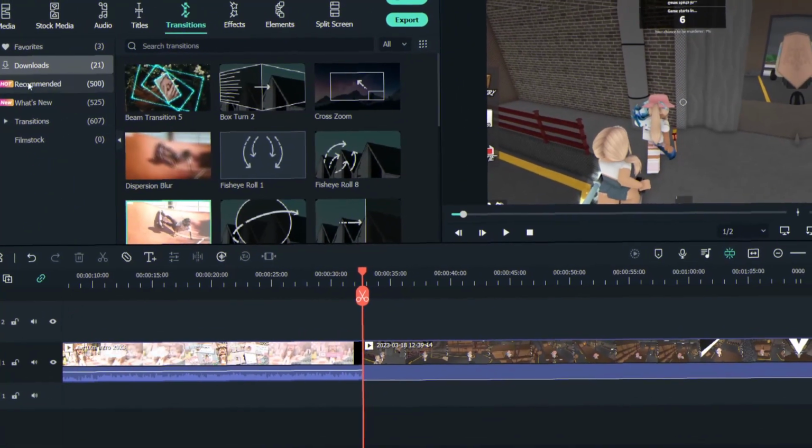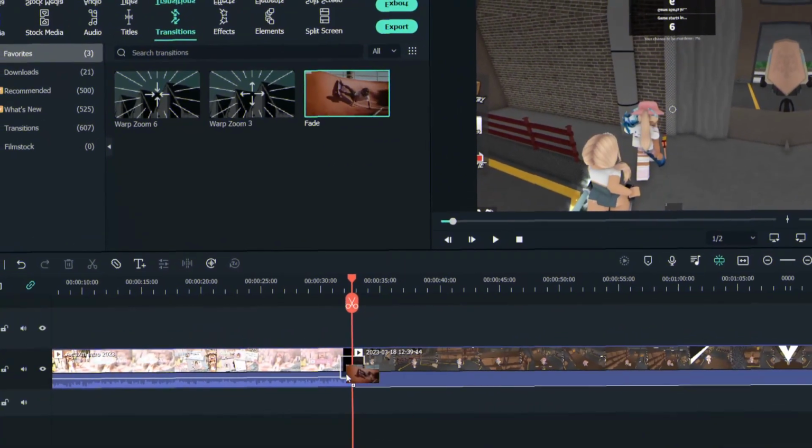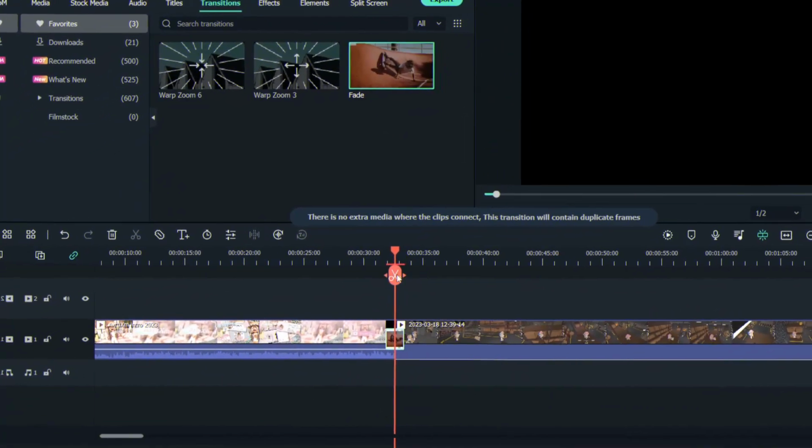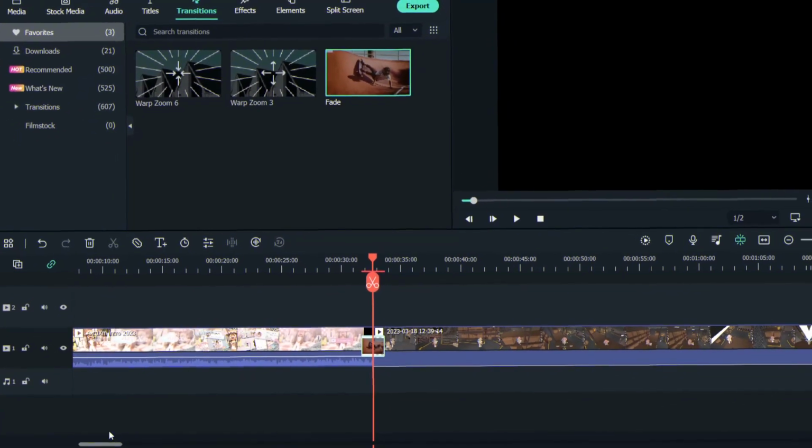So you can go to transitions, and what I usually use for this is I go to fade, and I add that right there. You can make it longer, you can make it shorter. To make a clip longer, like let's say,